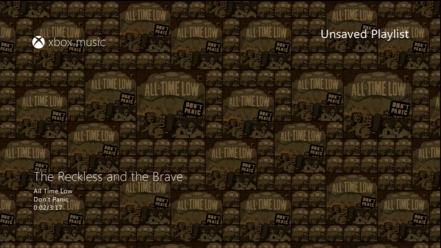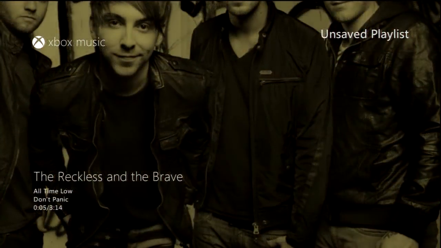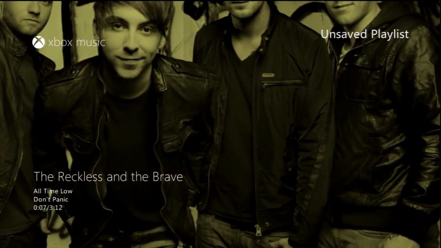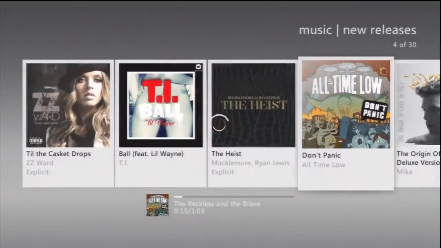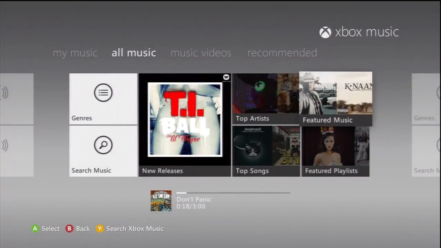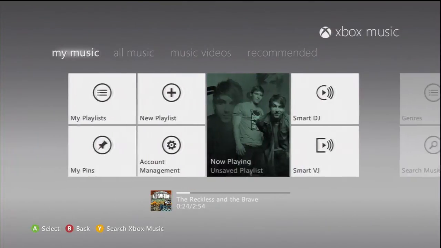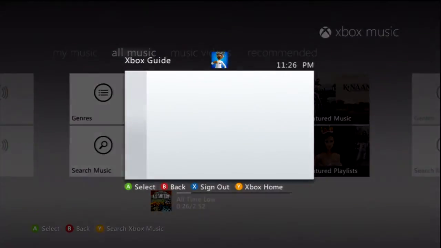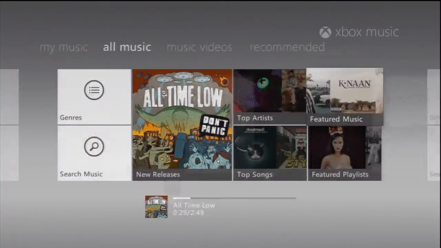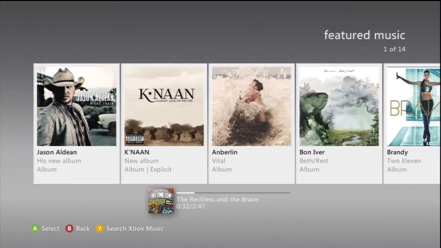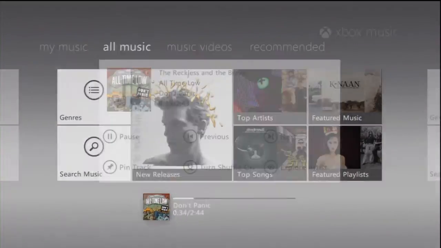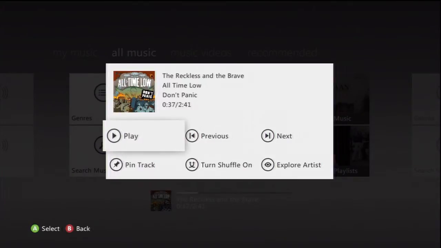We've got the album art and various pictures of the band just rotating in and out as the song plays. You can back out of this and continue to browse around and look at different artists and everything while the music plays. And when you don't want to listen to it anymore, no matter where you are, just press down on your D-pad, click on it, and you can pause it, you can shuffle it, you can pin the track,